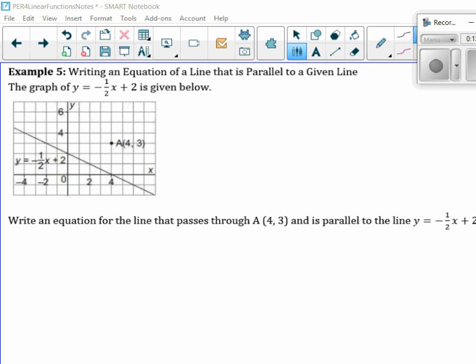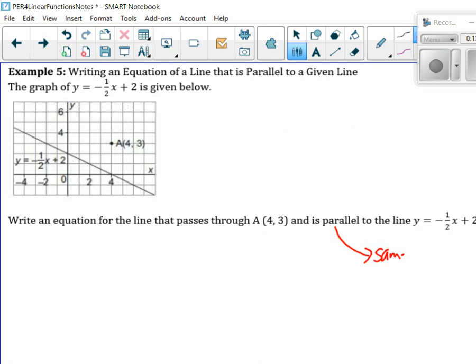It's saying the graph of y equals -1/2 x plus 2 is given below. Write an equation for the line that passes through A, which is (4, 3), and parallel to that line. So now we're going to put this all together. Remember what parallel means? Same slope,